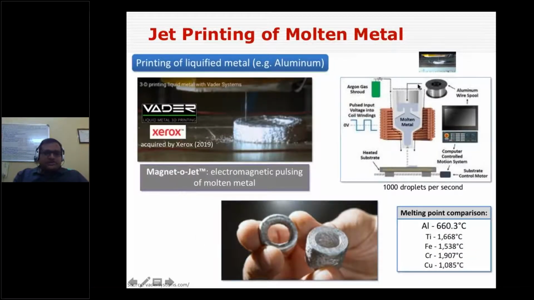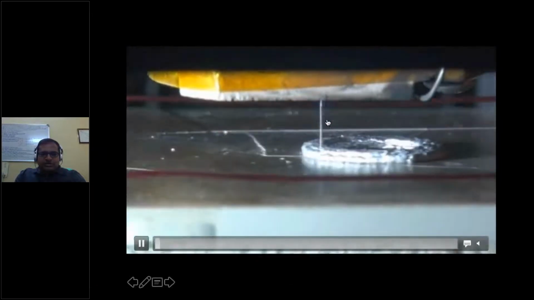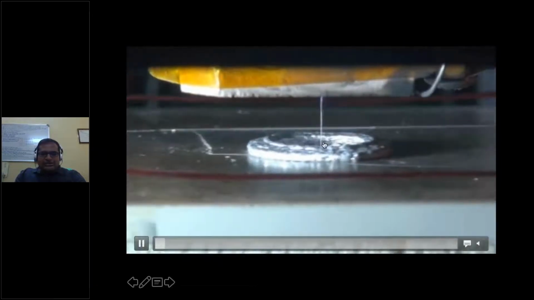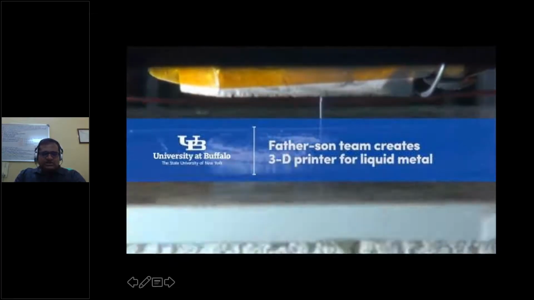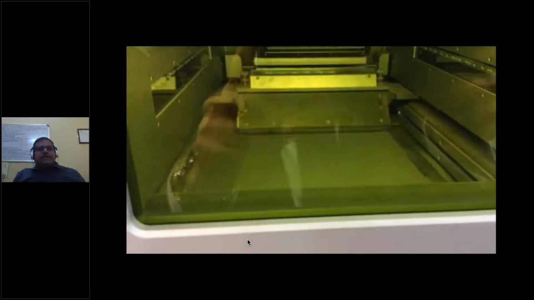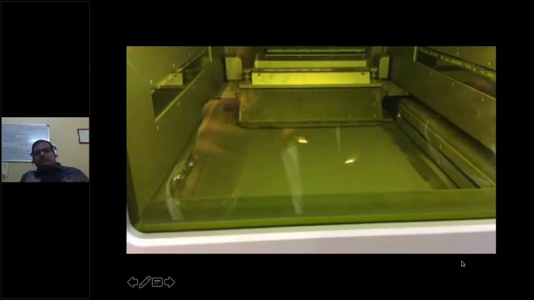And then you have another technology from Wader. It is a similar technology. You may be taking the raw material as aluminum wire here, and then that wire will be melted, creating molten metal, and you will be depositing it here. So this molten metal will be deposited. It is very fast compared to the powder bed system. And again, people are targeting, why? Because the powder bed system is very good so far for metal printing, but now people are coming out targeting